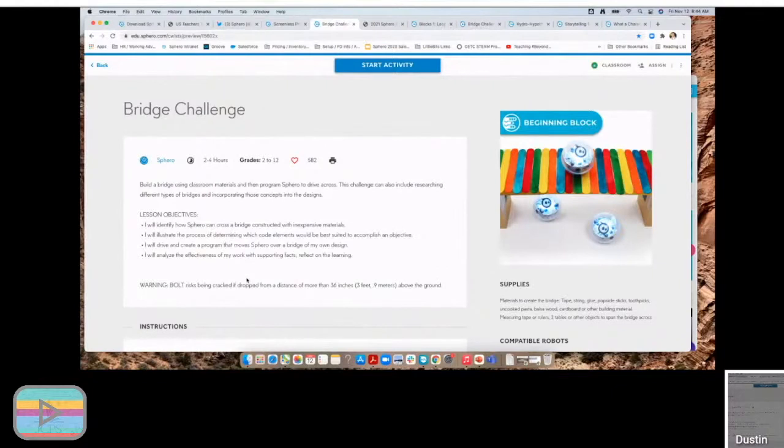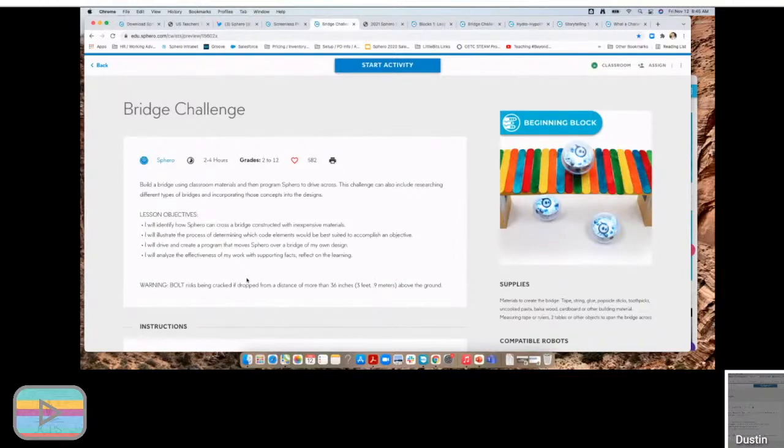So they're going to connect them all together, and then it'll be one big classroom project where they've coded the robots to cross all of the bridges that the students have created. So again, just another super fun lesson where you're coding, you're building, you're making, and you're doing a little bit